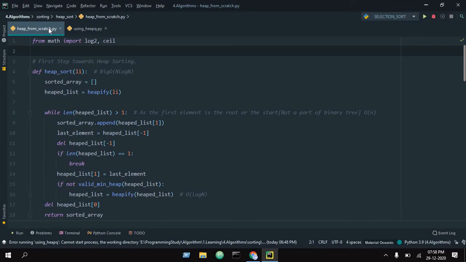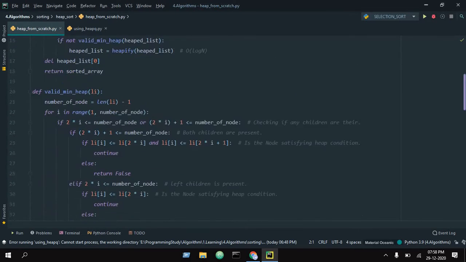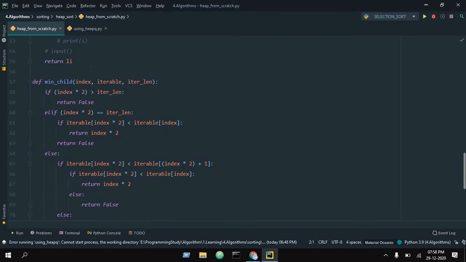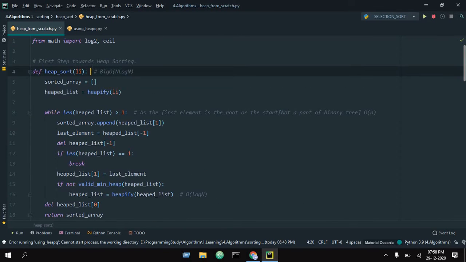So both of the methods are right, and you can use both of them. Don't worry about pausing the video and seeing the code, as I will post it on GitHub in my sorting algorithm repository. You can go there and check it.